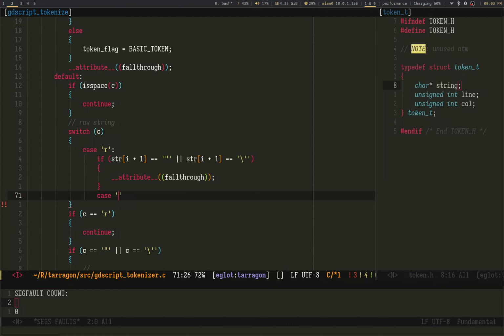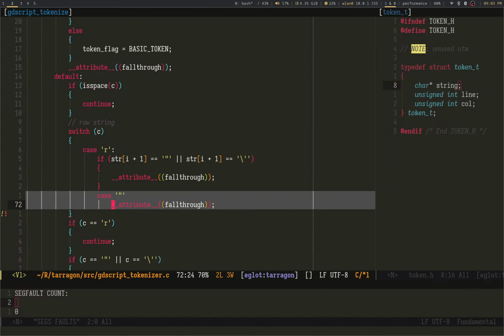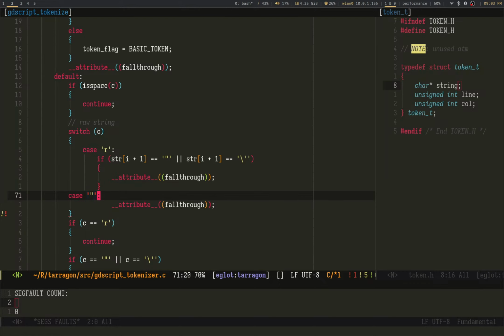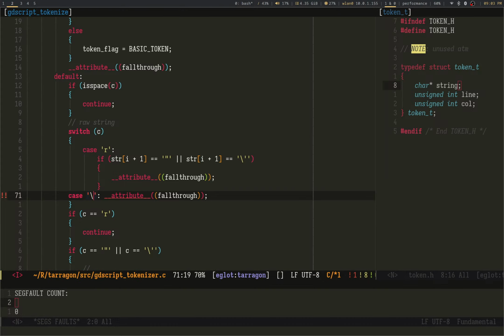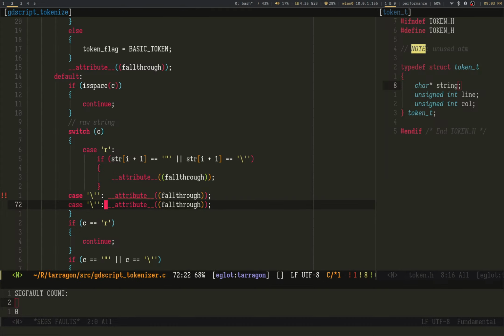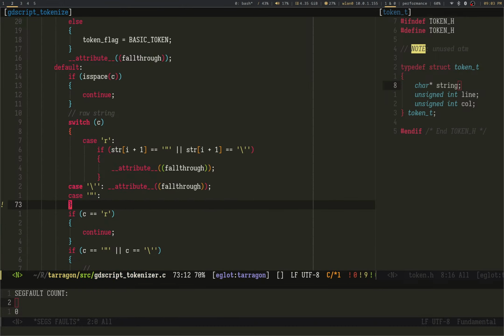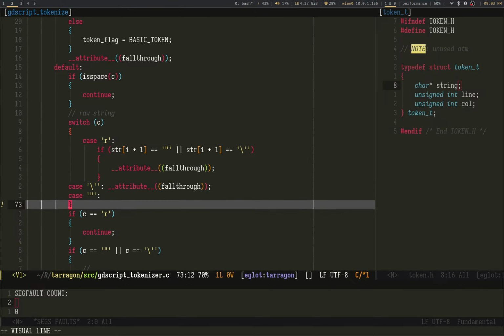Here we have case pop up, which is actually the same situation. Actually, I'm gonna do this because I like dealing with that. There you go.